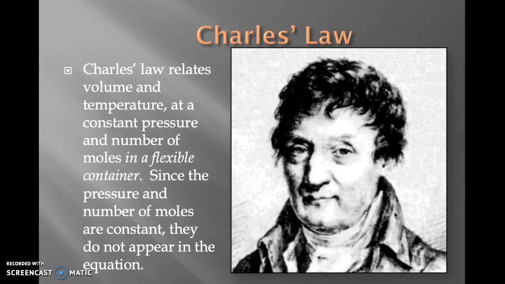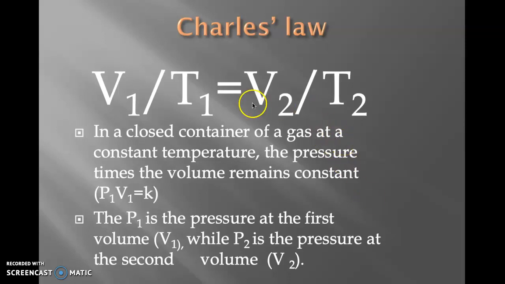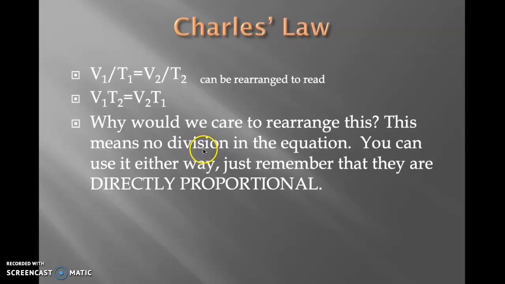All right, Charles' law. Charles' law relates volume and temperature, so that means that pressure is held constant. Charles' law is V1, or initial volume, over T1, initial temperature, is equal to V2 over T2. What that tells us is that they are directly proportional. When the temperature goes up, the volume goes up. And this is how we fly hot air balloons. The reason that hot air balloons work is because of Charles' law. When you heat up the temperature of the gas inside the balloon, the volume of the balloon goes up, and therefore the balloon can go